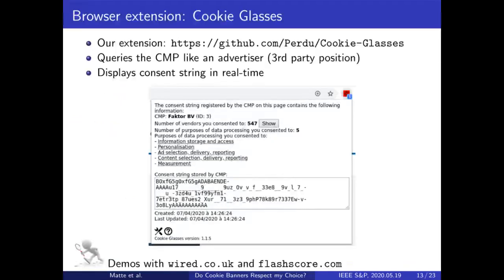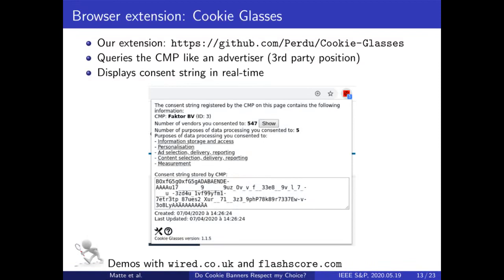Now that you know more about how the TCF works, let's move on to describing the suspected violations that we found. But first, to understand what was going on, we developed a browser extension that queries the CMPs as if it were an advertiser. This way, we can give a response to a banner like a regular user, and at the same time,